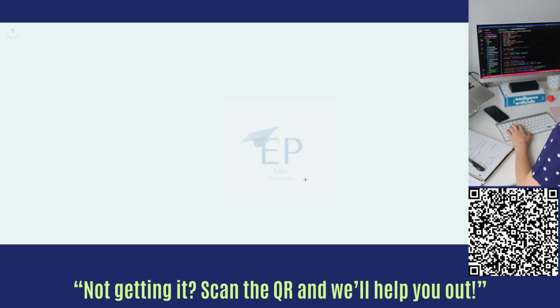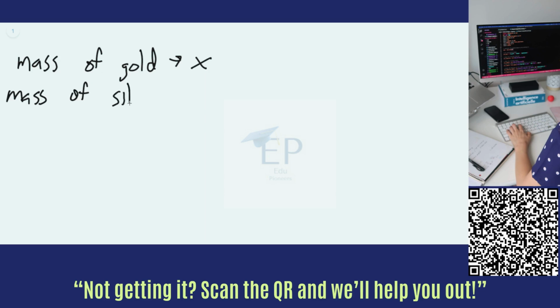So this problem gives us a combined mass of gold and silver, and we are heating up this gold and silver and putting it into water, and then the water will absorb all of the heat that the gold and silver is losing. And so the first thing we'll do is, since we don't know the individual masses of gold and silver, we'll call the mass of gold X and the mass of silver